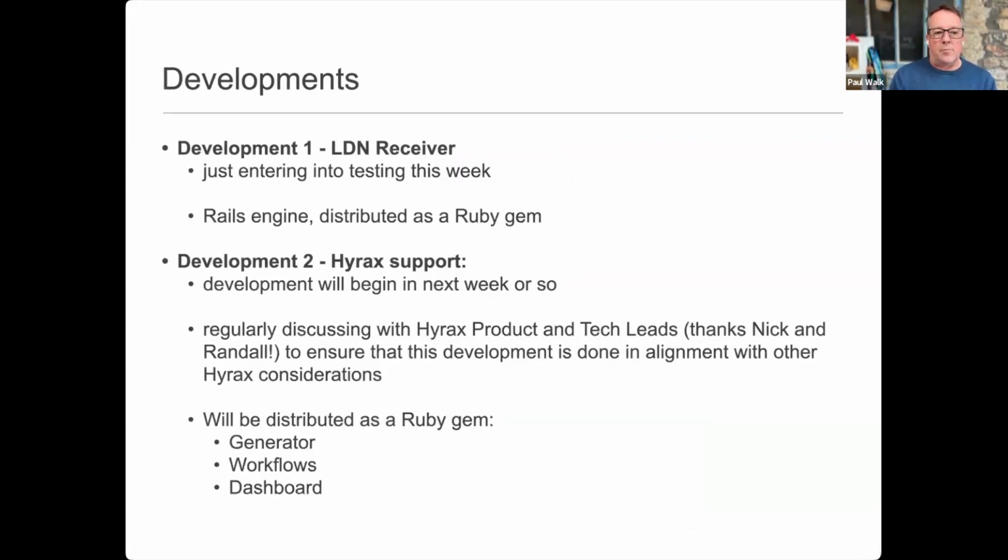So the first development is to build the linked data notifications receiver as the standalone or optionally embeddable Rails engine. And the initial development on this was completed this week. So we're literally, the meeting we had was yesterday where we discussed that. So we'll begin testing this this week. So this will be outside of any Hyrax context. This would just be testing that inbox can receive and handle